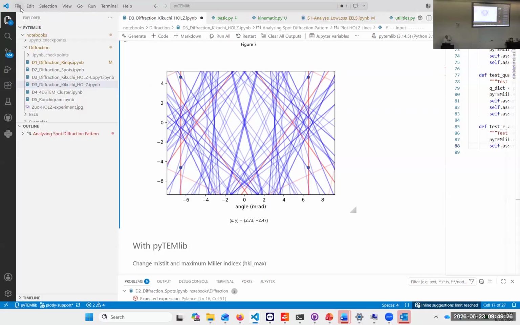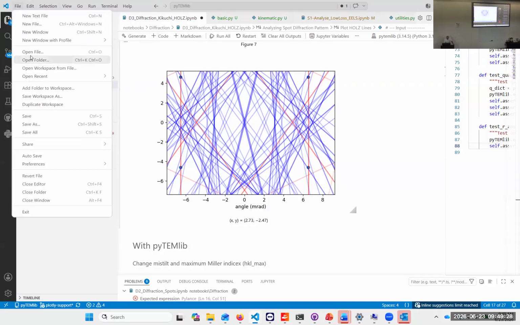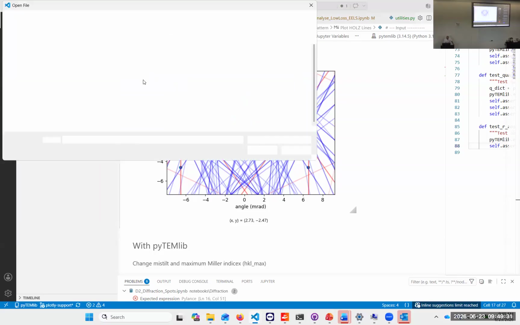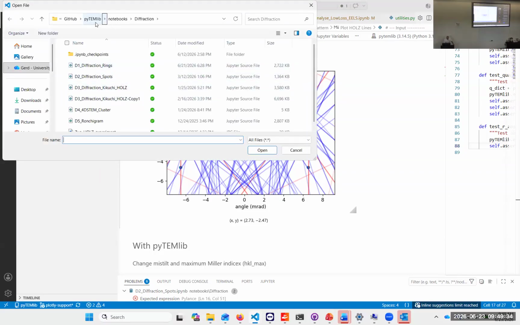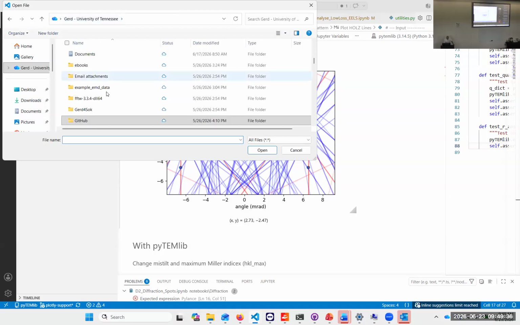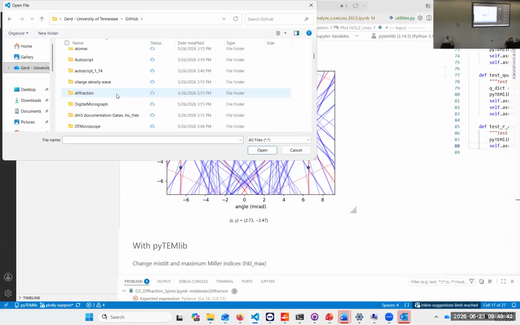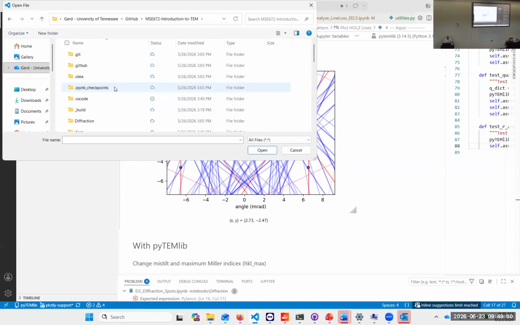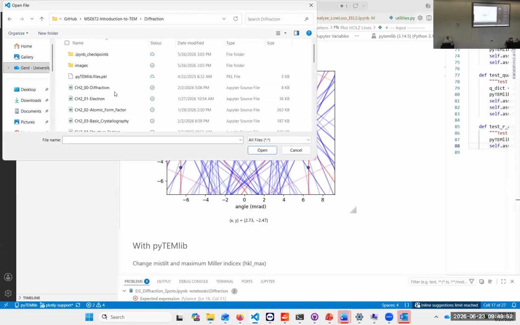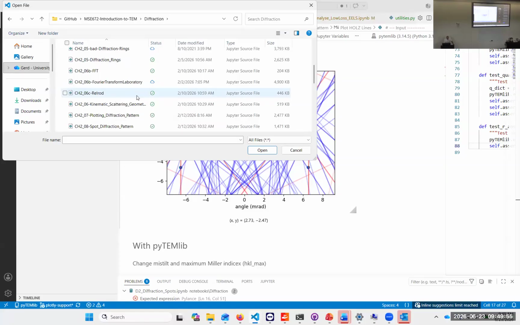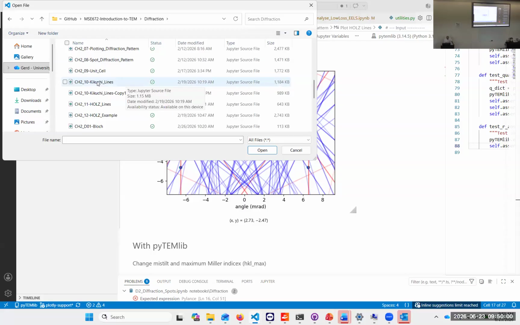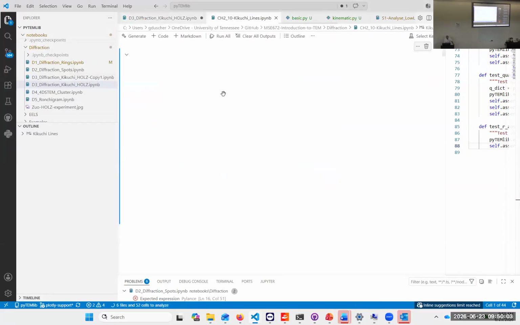I might try to find this notebook from my class, just so that we GitHub. Okay. Diffraction. Should have